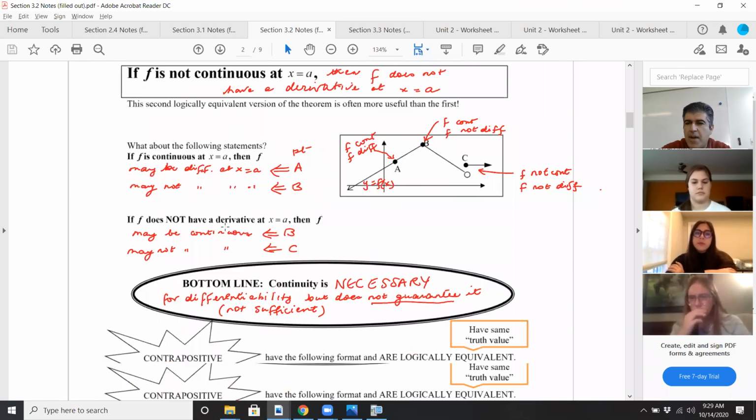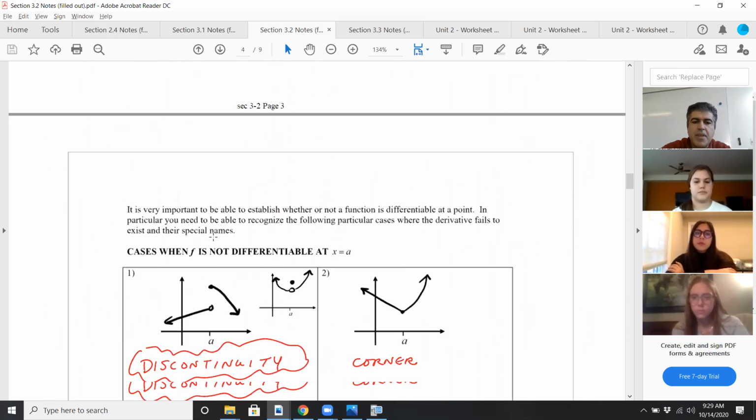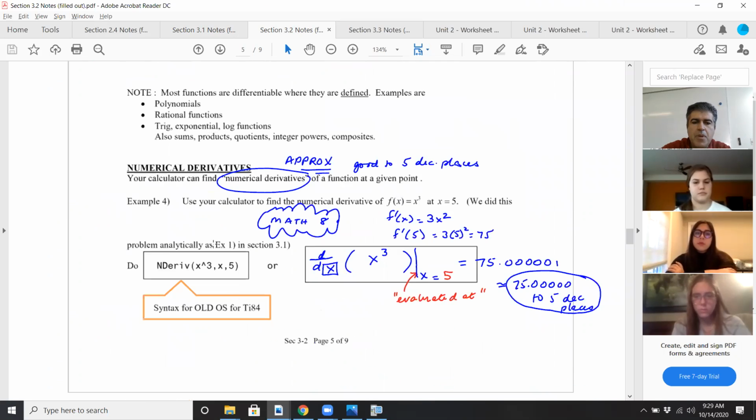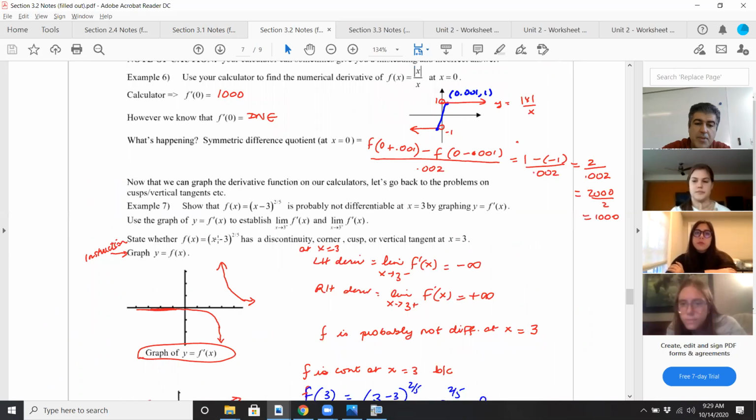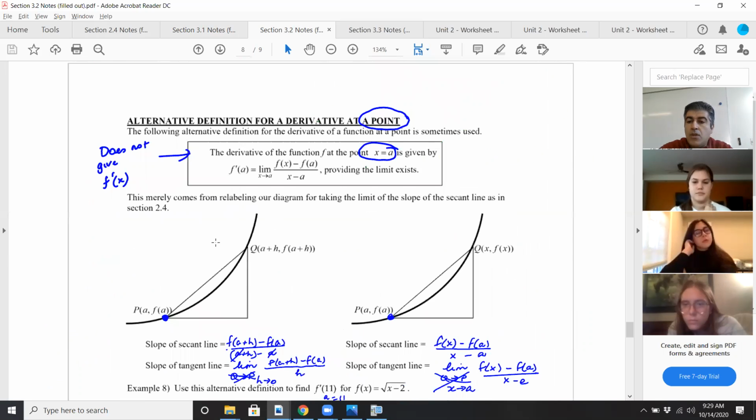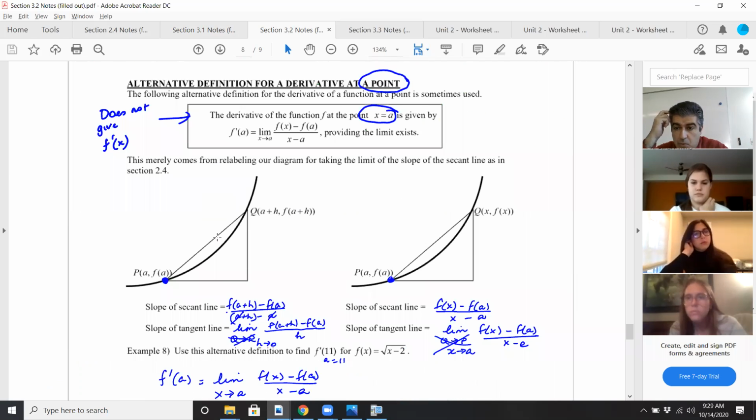And we went over the contrapositive logical statements. We did a bunch of examples here. In numerical derivatives, how to find this in the calculator, how it could be a little deceiving. So the new stuff from 3.2, what was the new stuff? The new stuff was on